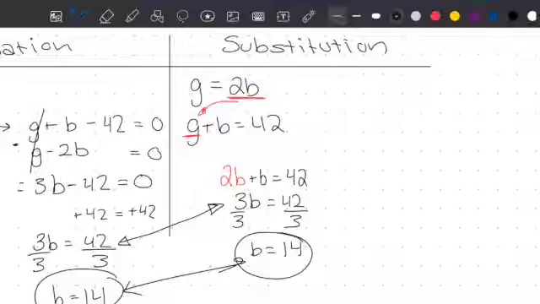Most of the time, it doesn't matter which one you use. Sometimes it's easier to use substitution if you don't have any variables that have the same amount. So in this case, both equations had 1g, but if one had a